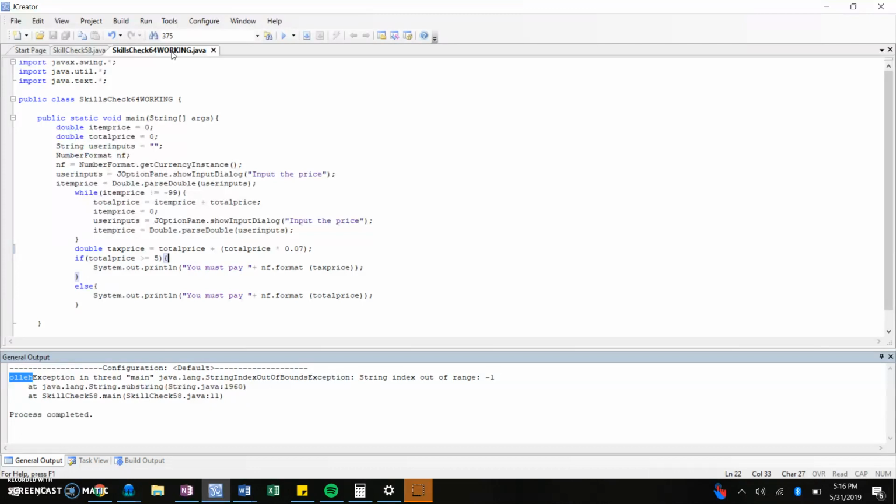It then declares two variables to hold the item price which the user inputs and the sum of all inputs. It declares a new number format instance afterwards. After running a while loop that prompts the user to input prices until they enter -99, the program then uses